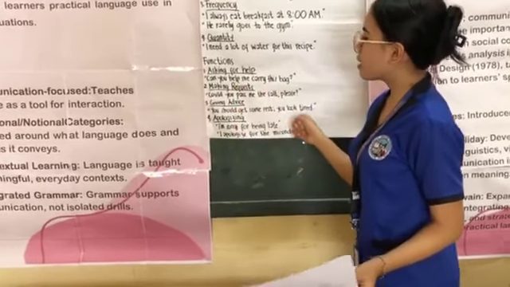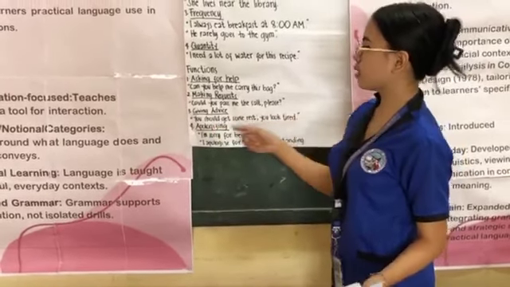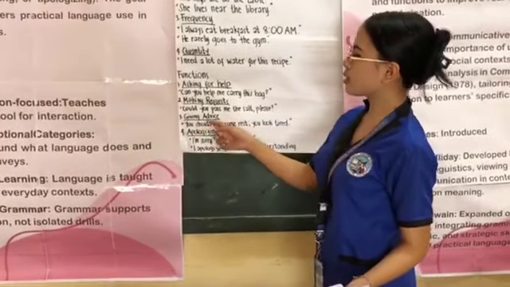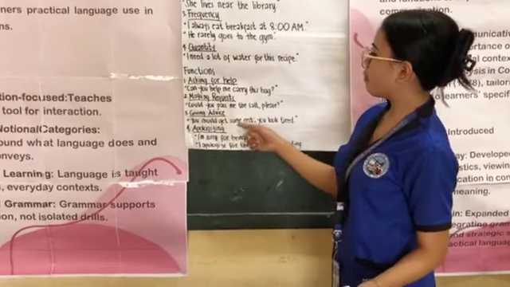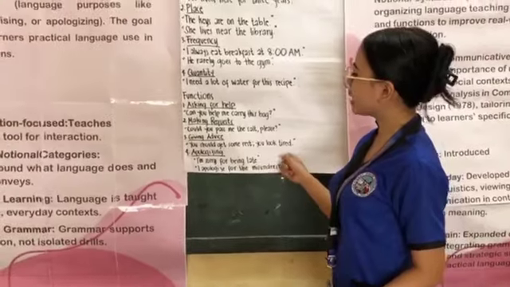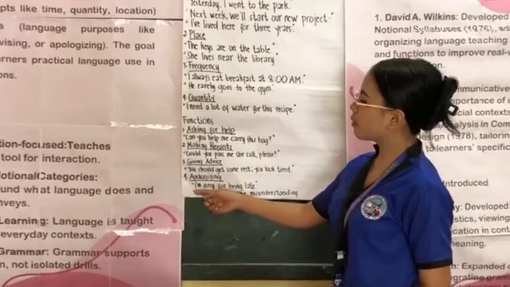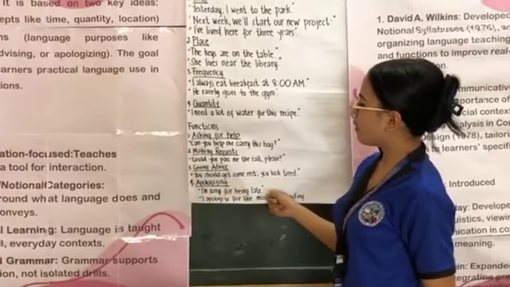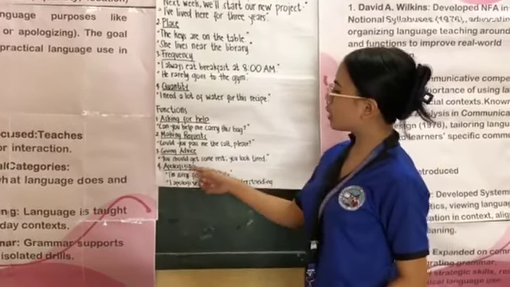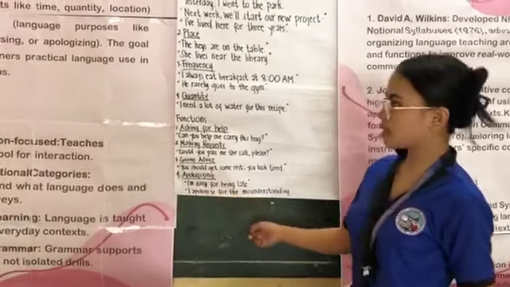Next is giving advice. The sentence, you should get some rest, you look tired. The function here is you should, giving advice to a person that needs some rest. Fourth is apologizing. The sentence, I'm sorry for being late. The words I'm sorry are the function of the sentence. And then, I apologize for the misunderstanding. The function of the sentence is that I apologize. So here are the key tenets